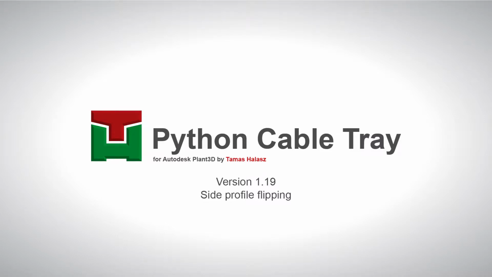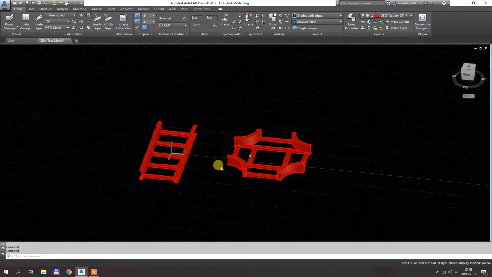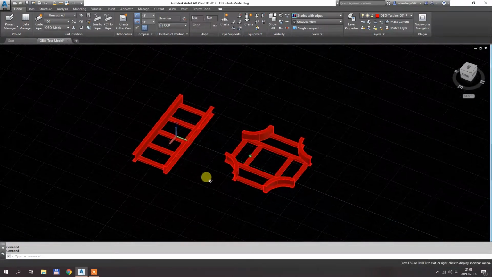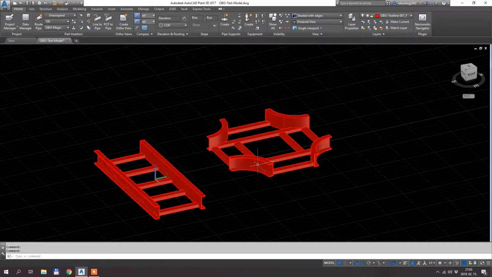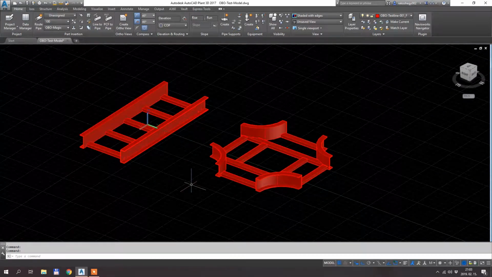Hi, I would like to show you the new features which I added in my latest update to my Python cable tray app. This is the 1.19 version. Actually, this update was, I think, long awaited by some of you because several times I got the request